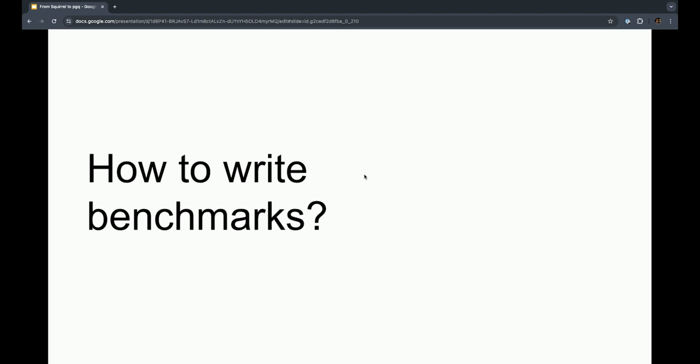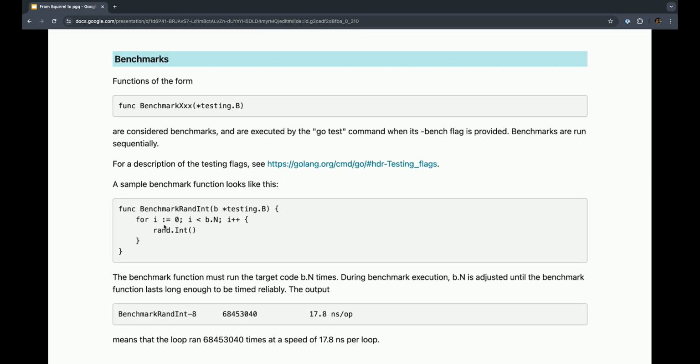Sorry. Oh yeah. How do we write benchmarks? How many of you have written benchmarks in Go? And how many of you have written unit tests? Okay, so here's the thing. If you know how to write unit tests, you know how to write benchmarks, basically. Because the API is not that different, I mean, the API is really simple. You can learn it in 15 minutes, being pessimistic. So that's what I'm gonna show you in the next slide.